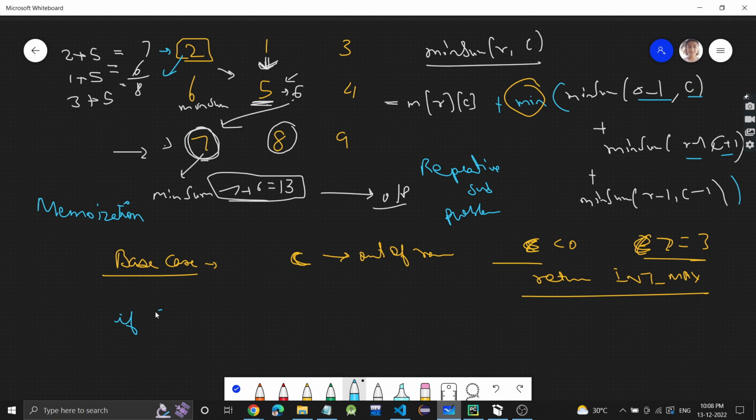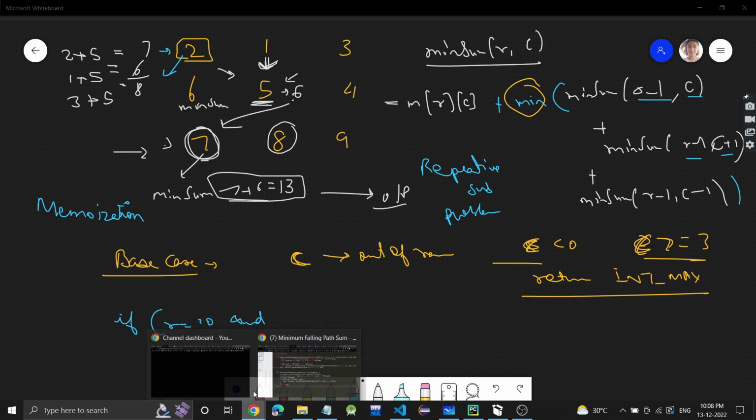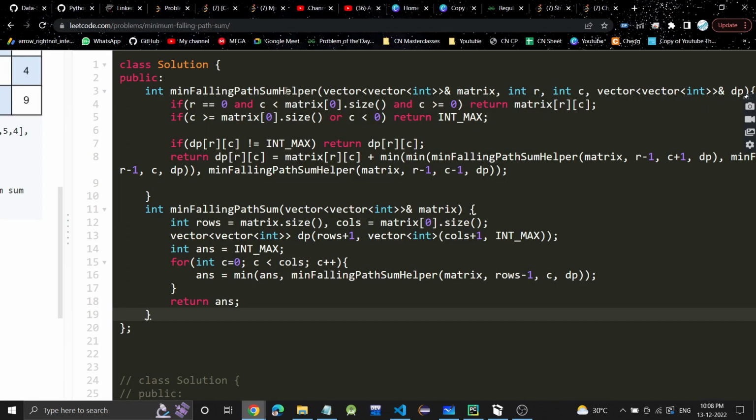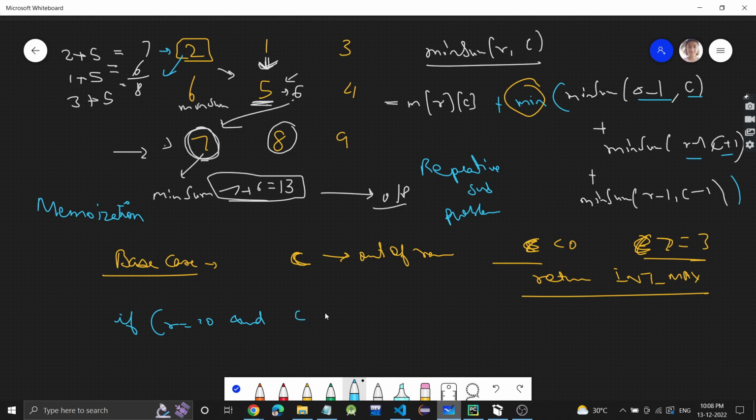So if you are at the 0th row, that is the first row, and the column is in range, so column is less than 3, basically the size of the matrix, and c is greater than or equal to 0, in that case this is your correct case.